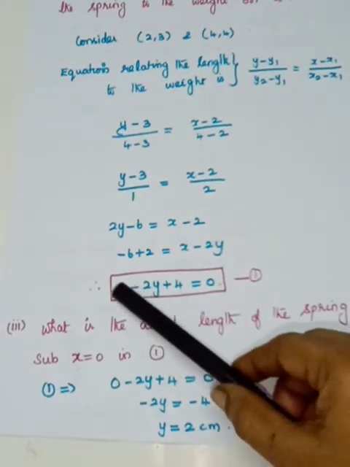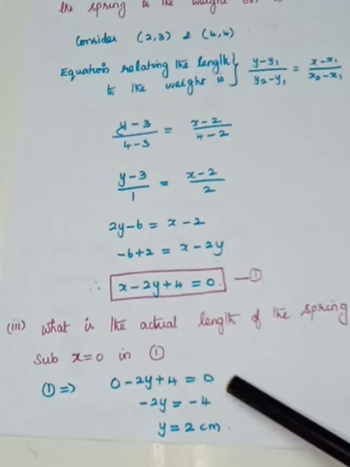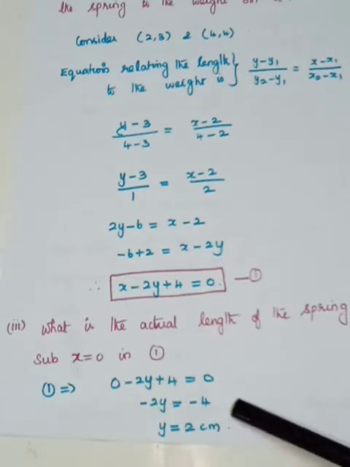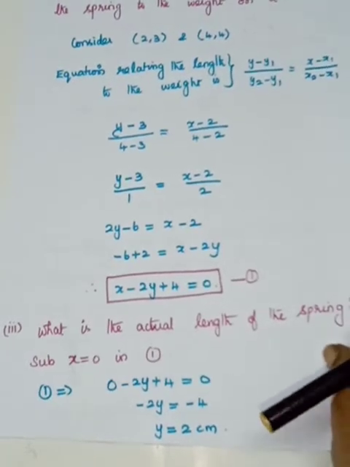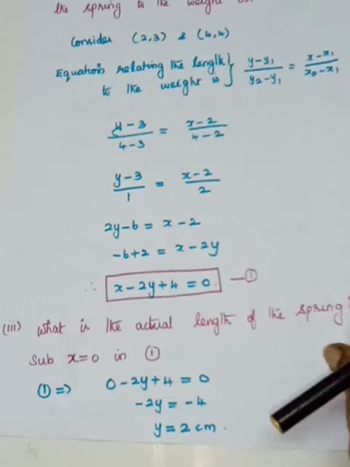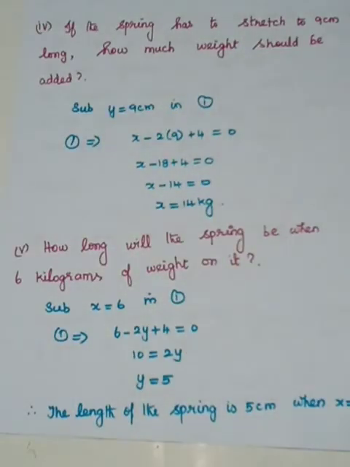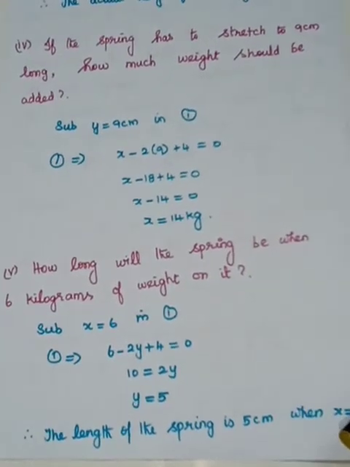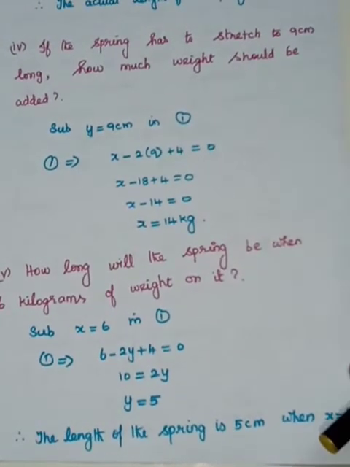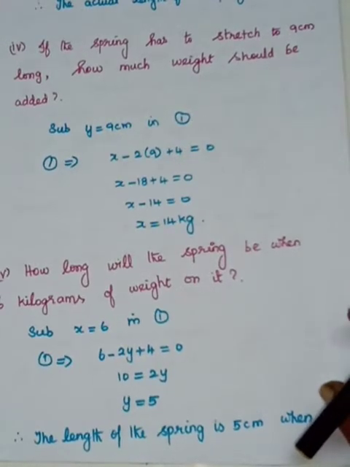So x as 0 means minus 2y plus 4 is equal to 0. Minus 2y is equal to minus 4. Y is equal to 2 centimeter. The spring length is 2 centimeter actually. If the weight is attached, it will stretch. And coming to the fourth subdivision, if the spring has to stretch to 9 centimeter long, how much weight should